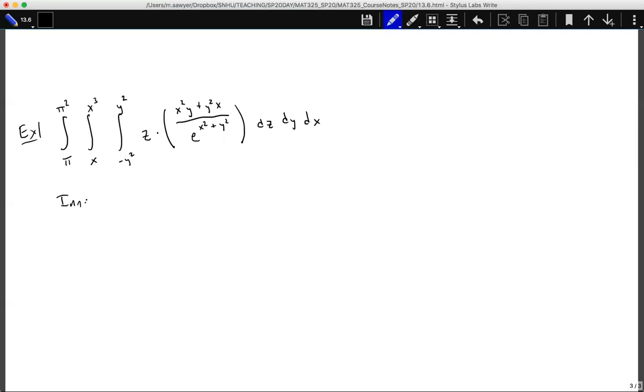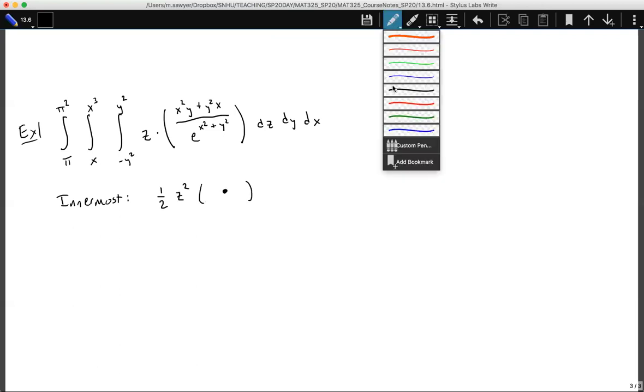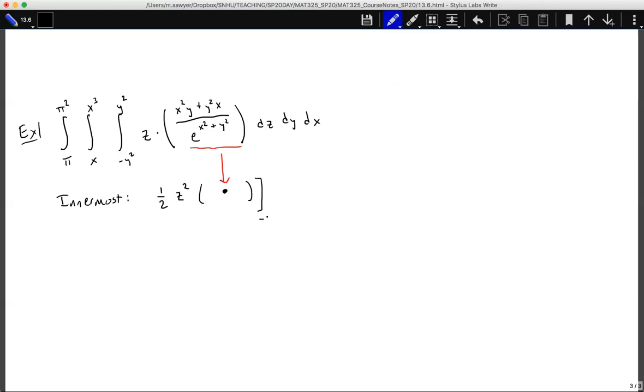So let's look at the innermost function. The only thing with respect to z is z. So we get 1/2 z squared times our coefficient, which I'm going to indicate with a dot here. So this piece just carries down because it has no z's in it rather, it's completely a constant. So z equals negative y squared to y squared. So this becomes 1/2 y to the 4th times the stuff minus 1/2 y to the 4th times the same stuff. And so we have positive 1/2 y to the 4th times stuff minus 1/2 y to the 4th times stuff